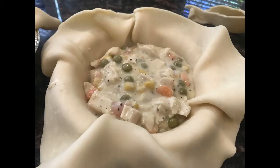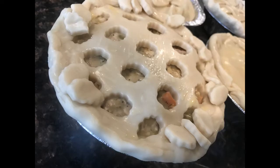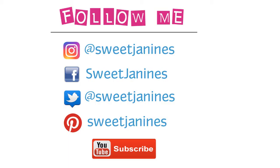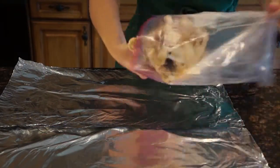And you can customize these to your liking or for whoever you're making them for. You can bake them, freeze them, and then reheat one when you're ready to eat it or take it to work. And better yet, they are super easy to do. So let's get started. So the first thing I do is I take out my leftover rotisserie chicken,